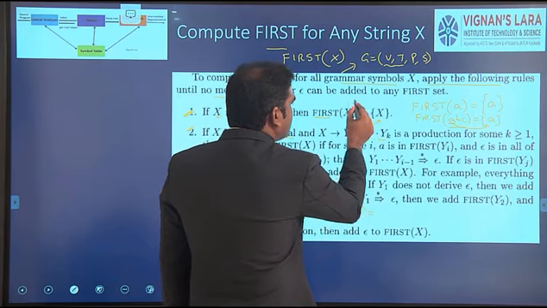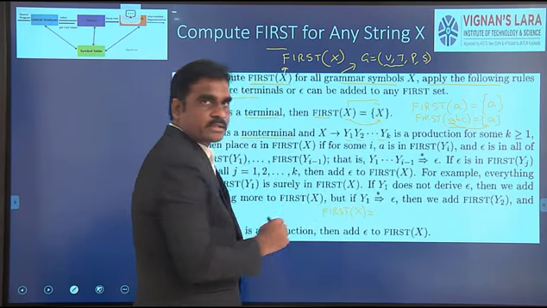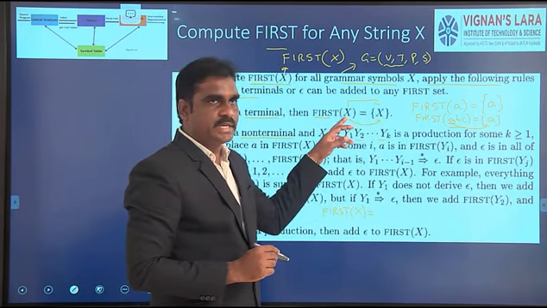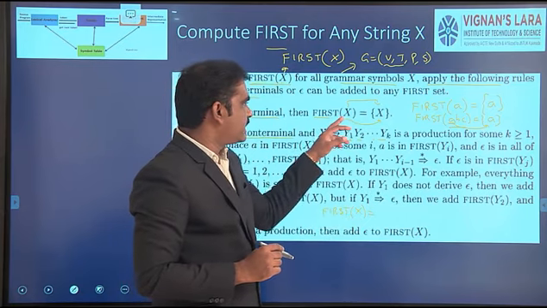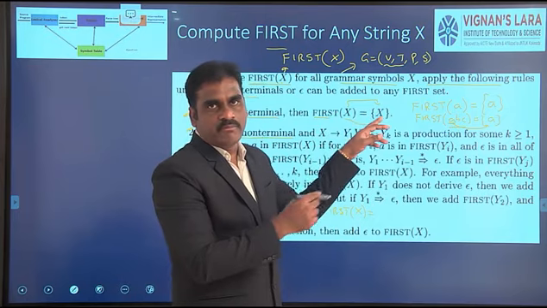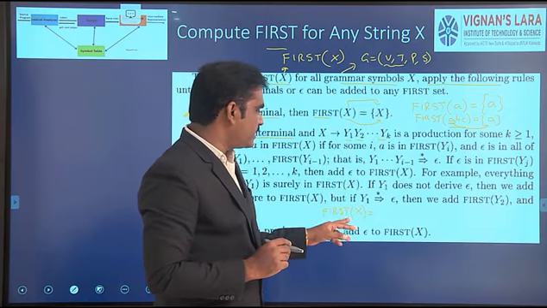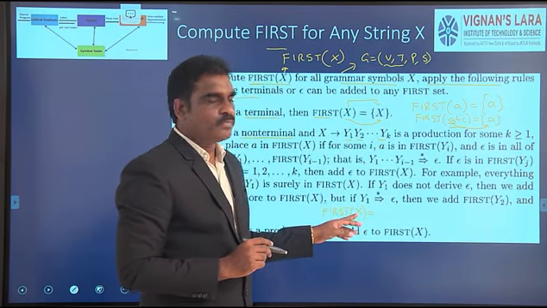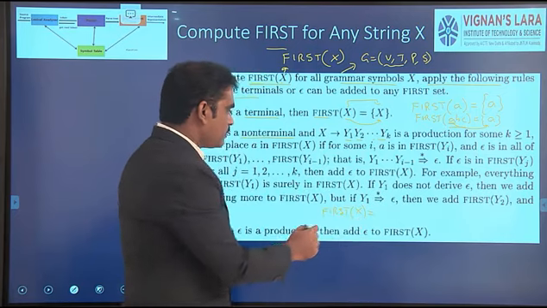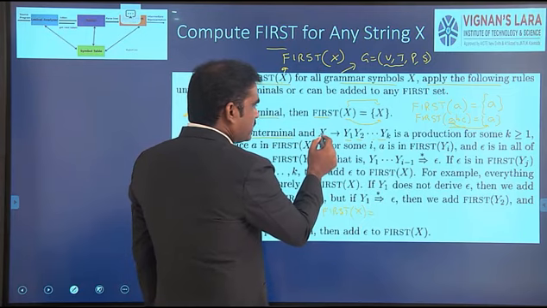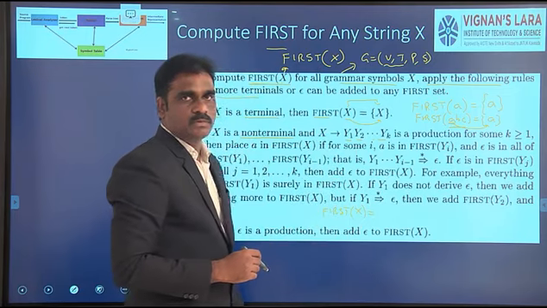So here this is also an x, this is also an x. The only difference is that one is a terminal symbol and the other is a non-terminal symbol. If it is a terminal symbol, we can write the same value as it is. But in this case it is a non-terminal symbol, and each and every non-terminal symbol has some production. So here, what is x? This is x and this is the production rule.